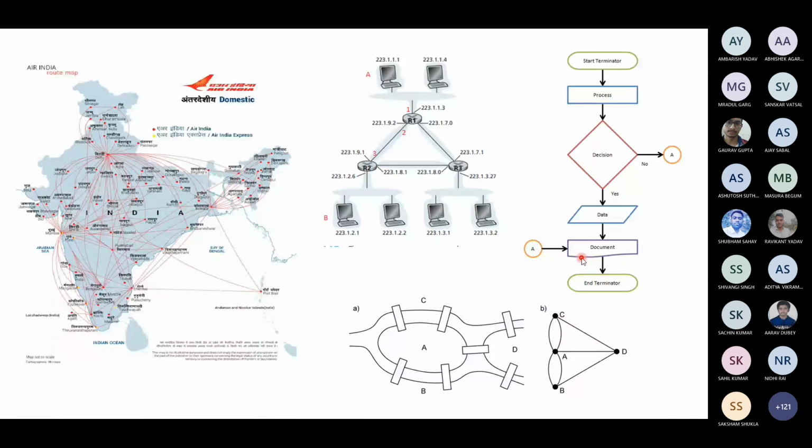One is airlines, or Google Map, or any map: each location, a source or a destination, we can see as a vertex, and the travel you are making from one place to another place as an edge. For example, if you want to go from Chennai to Delhi or Bangalore to Allahabad, you can see whether the node edge exists or not. This is one way of seeing two-dimensional data in terms of a graph. Correct?